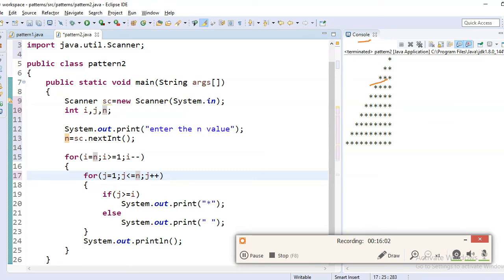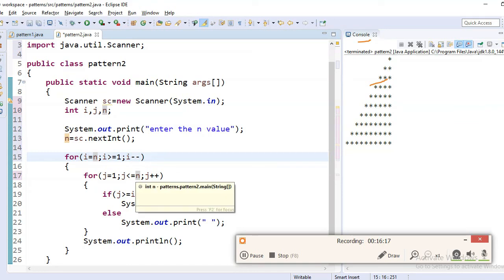Whatever value you give in the console page is stored in n. If n is 5, i starts with 5 and j is less than or equal to 5. If n equals 10, then i equals 10 and j is less than or equal to 10. So if you run this program,